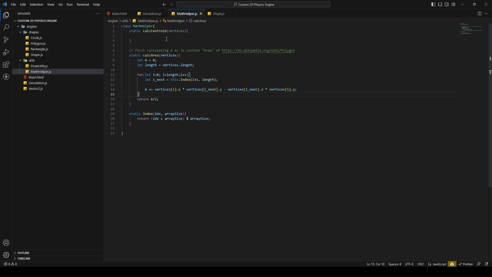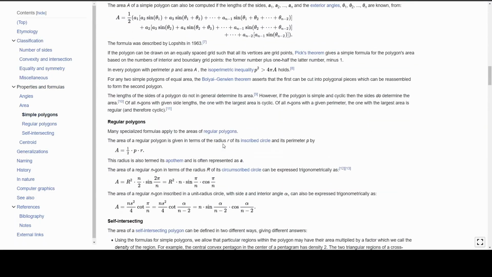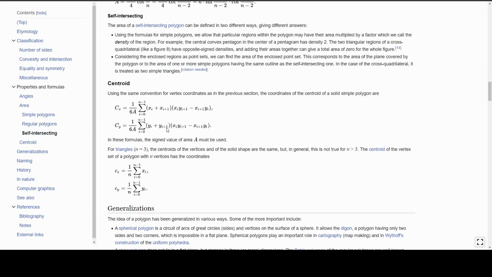And now we are calculating the actual centroid. Good. Let's go back to the Wikipedia article. The centroid, where was it? There it is. Okay. As you see, these both formulas are quite the same. They're iterating through the same indices. I mean, through the same range. So we can use the same for loop basically,